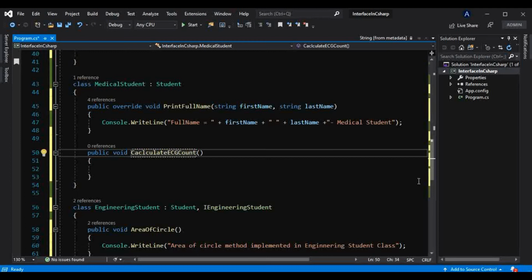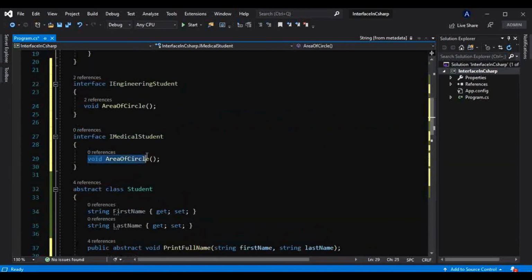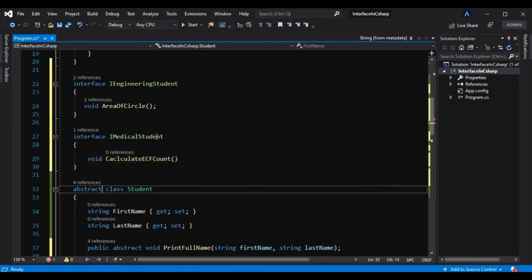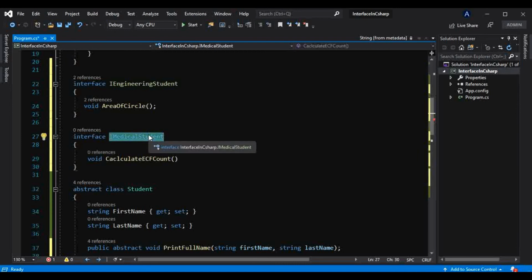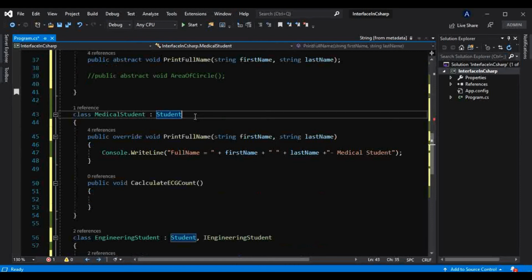Anyway, we are not going to implement that very correctly. We are only learning what is interface. So we will take that here and make that a void. And now if I make that medical student class inherit from this interface like this, so now,